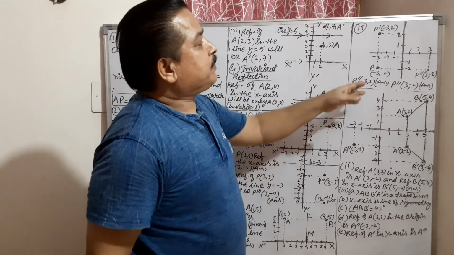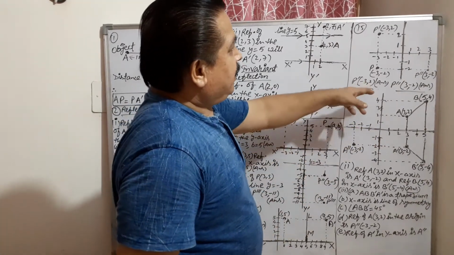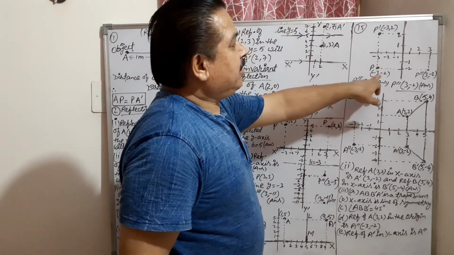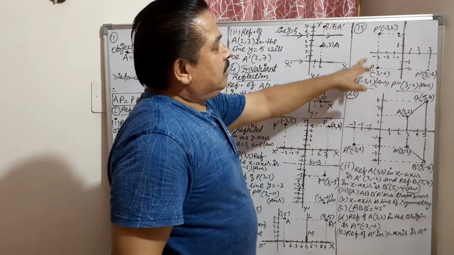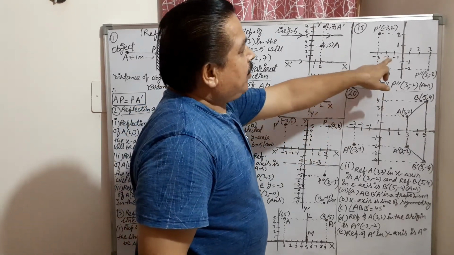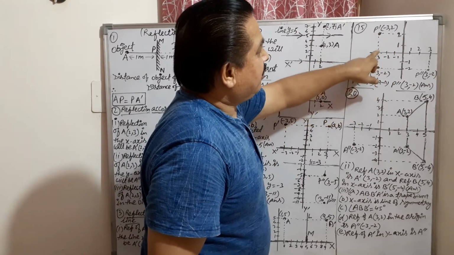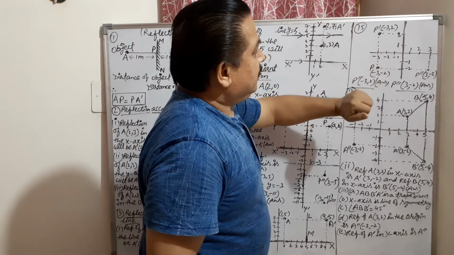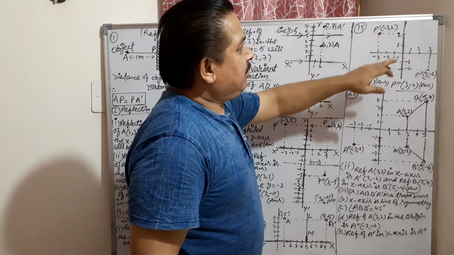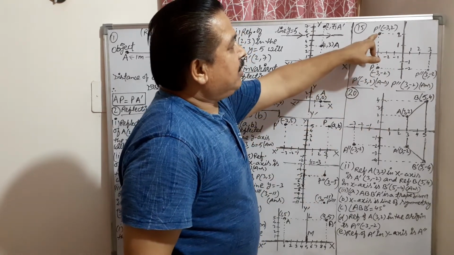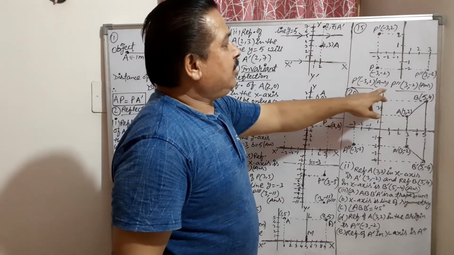Now see question 15. In question number 15 there is a given point P. Now P is reflecting. P is given as minus 3 and minus 2. When it is reflecting in the x-axis, what is the answer? They are asking. So now the x-axis becomes a mirror. This is the object. So this will come here. Same distance, check the distance from here to here and here to here. So the mirror distance from the object and the mirror distance from the image will be the same. So it is coming here actually when it is reflecting in the x-axis: minus 3 and 2. So P dash is minus 3 and 2. Answer.